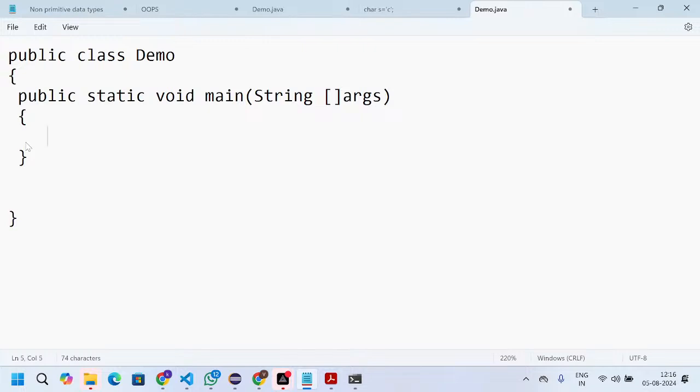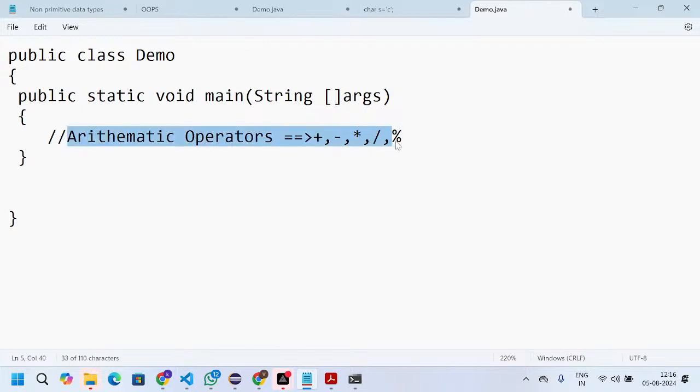Inside the main method I am writing the arithmetic operators: plus, minus, multiplication, division, and modulus. If I write them as comments, comment lines will not participate in compilation and execution.